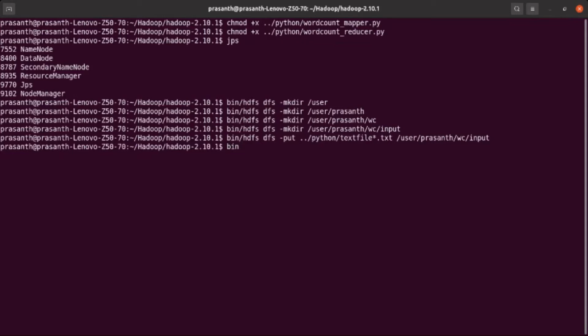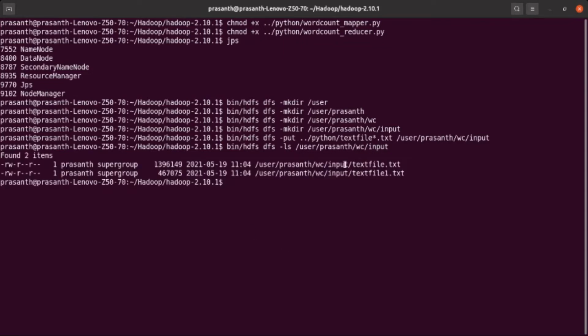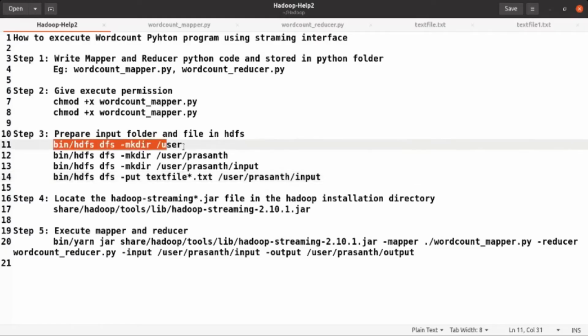Then I want to verify whether the files are there: bin/hdfs dfs -ls /user/prashant/wc/input. You can see two files are listed, the first file and the second file. So we have transferred both files from the Python folder into the HDFS input folder. The third step is also over.